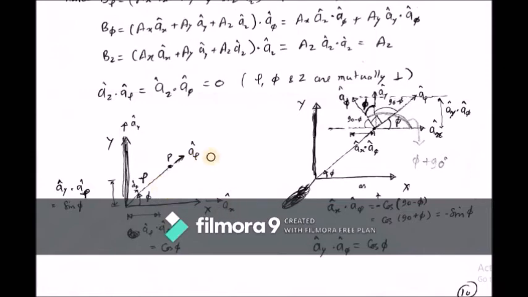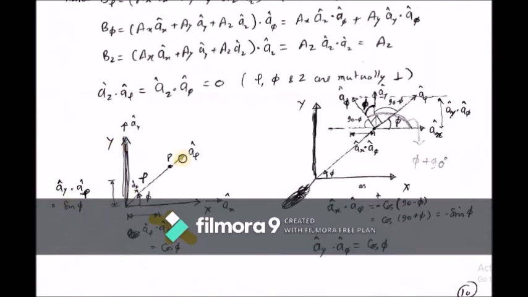So a rho dot ax will be cos phi, because for unit vectors the magnitude of a rho and the magnitude of ax is 1. The dot product gives you mod of a rho multiplied by mod of ax times cos of the angle between them. Okay, but mod of a rho and mod of ax is 1, so this a rho dot ax will be cos phi. I have written it like a rho dot a rho, but it is a rho dot ax. Please correct this also. Okay, this is a rho dot ax, and so it is cos phi.